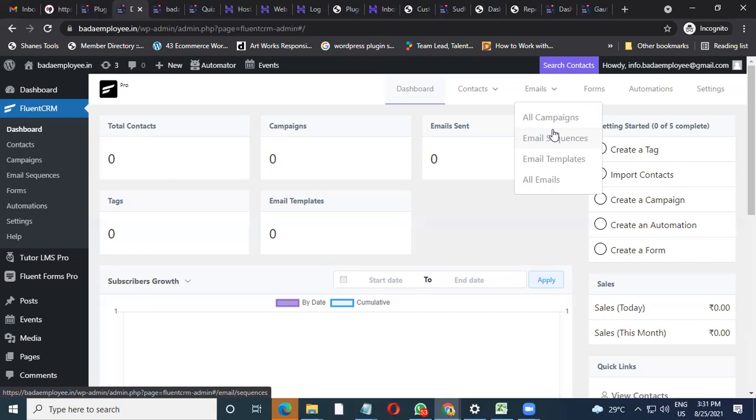Now, Fluent CRM, why? Because this tool is fantastic as a CRM. It works very well. We have been doing it. Last night also, I was with Sahil and we have done more of the automation part. I am also learning a lot of new things. I learned from Sahil how he did it, and we are able to make a complete automation now: someone buys a course from us via this platform, we can send him an email with a user ID and password, and he can join your course directly. These kinds of things can also be done with this.